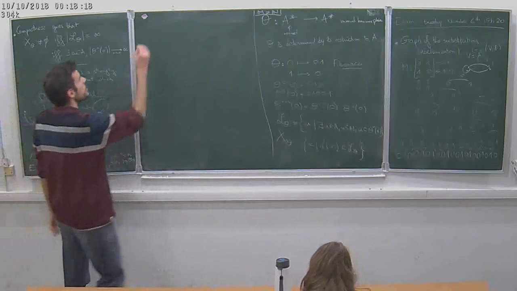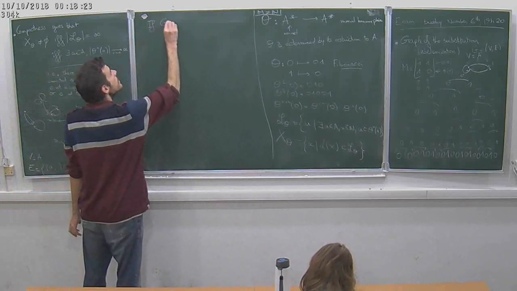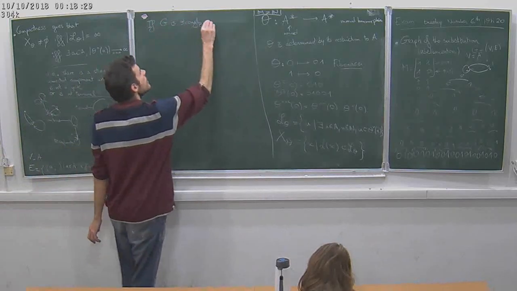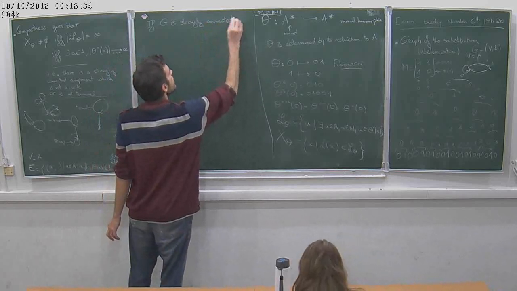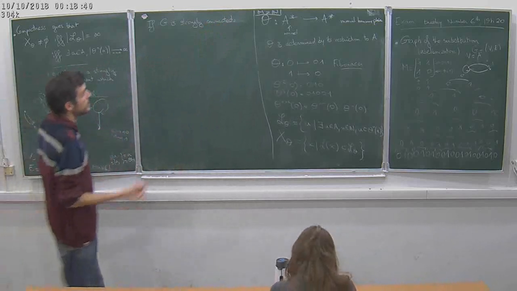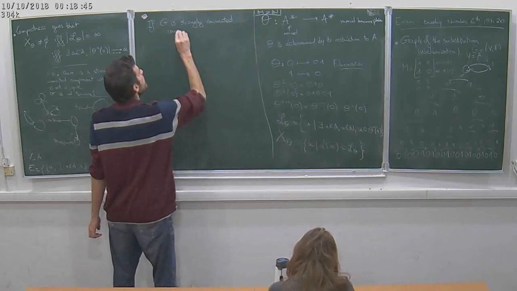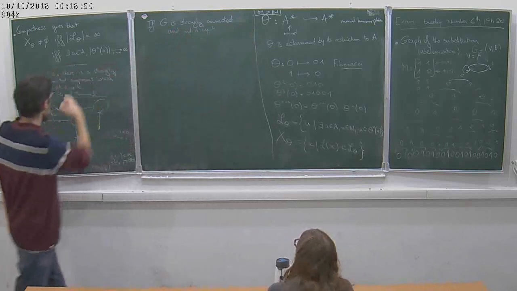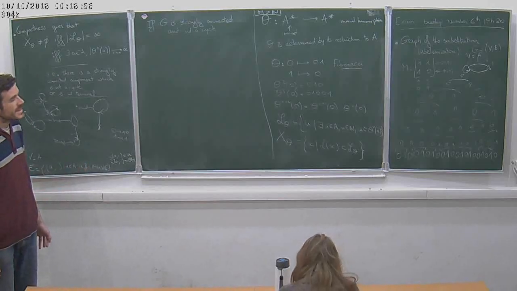So for example, if we restrict to a strongly connected graph, and not a cycle. Because if it's strongly connected but a cycle, then the subshift is empty. If it's strongly connected and not a cycle,